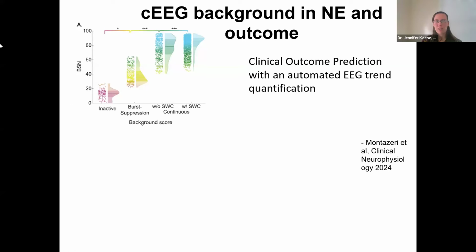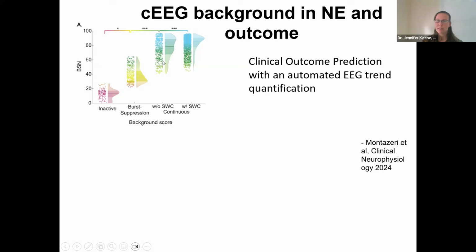And at any given time, it grades the baby's EEG background and gives a number between 0 and 100. And so this is looking at the correlation between the number, the BSN grading, and manual grading of background into inactive, burst suppression, continuous without sleep-wake cycling, and with sleep-wake cycling. And we can see that while there's some overlap in this distribution, it really